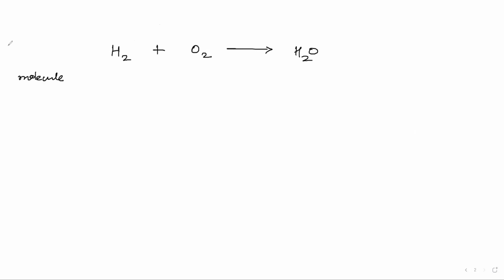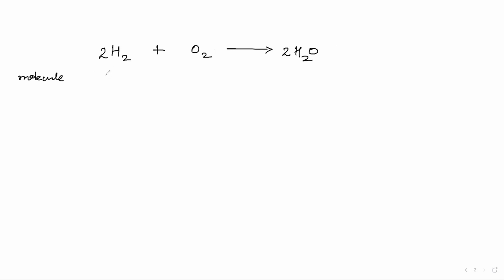Now, please tell me, is this chemical reaction balanced? No, it is not balanced, right? So what should I do? There are 2 oxygen in the reactant side. There should be 2 oxygens in the product side. Now there are 2 oxygens in the product side, but there are now 4 hydrogens in the product side. So I will have to put 2 here. That will make 4 hydrogens in the reactant and the product. One oxygen molecule, that means 2 oxygen atoms in the reactant, 2 oxygen atoms in the product.